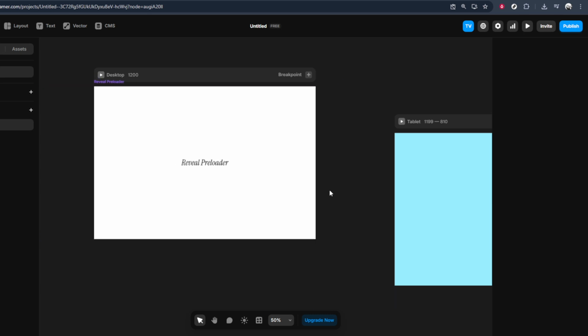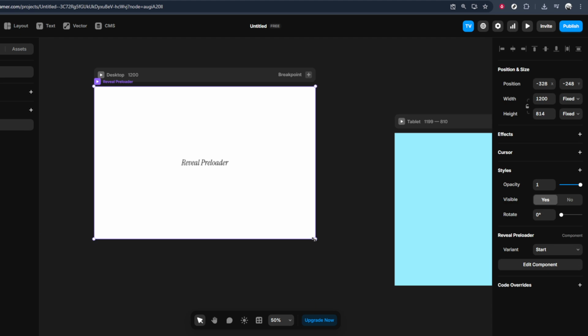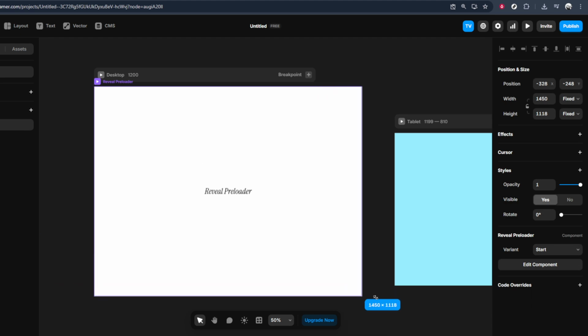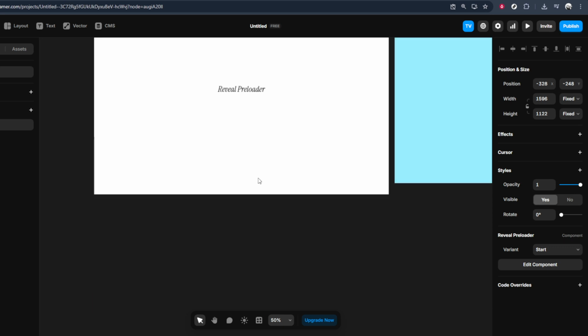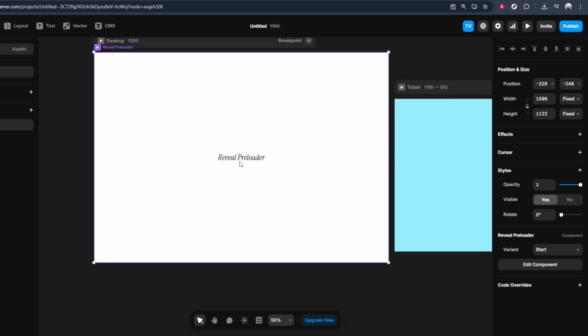The preloader component you copied from the marketplace will appear on your canvas. From here, you can position it, resize it if needed, and then connect it to your page logic or navigation flows so it appears while images are loading. And that's how you